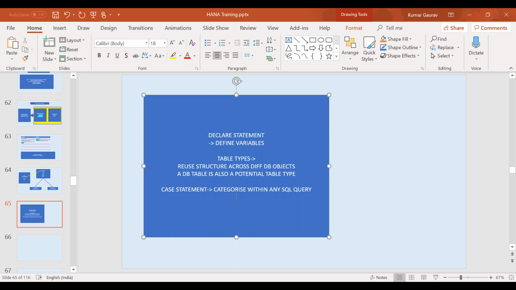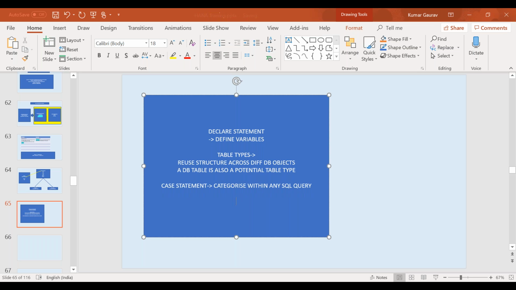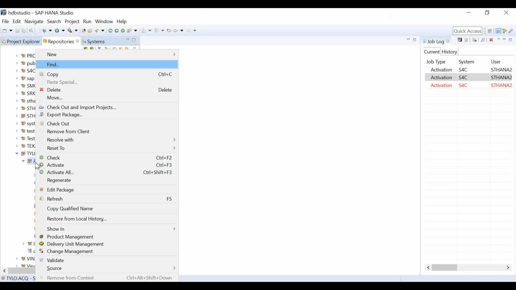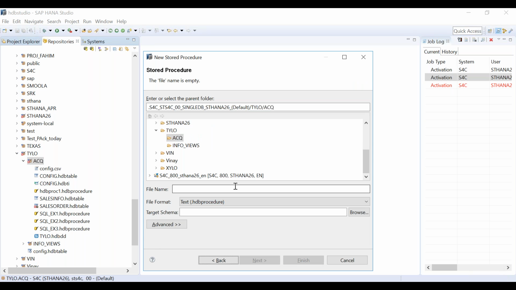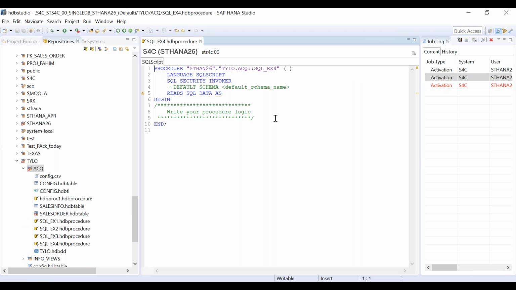Now let's understand what is if and else. It's very simple. Let's try to create one example. New other stored procedure, SQL_example_4. My target schema again ST HANA 26. Enter. Here, what is if and else?